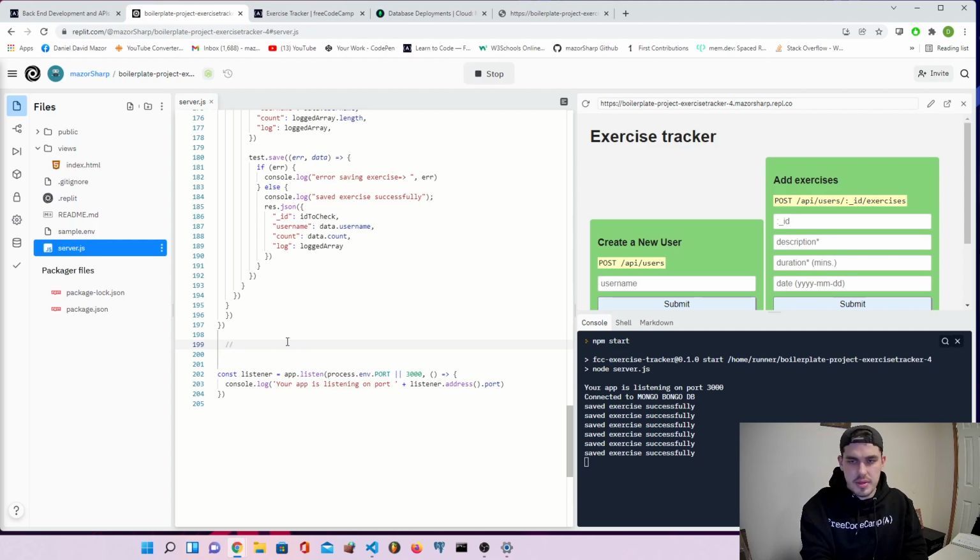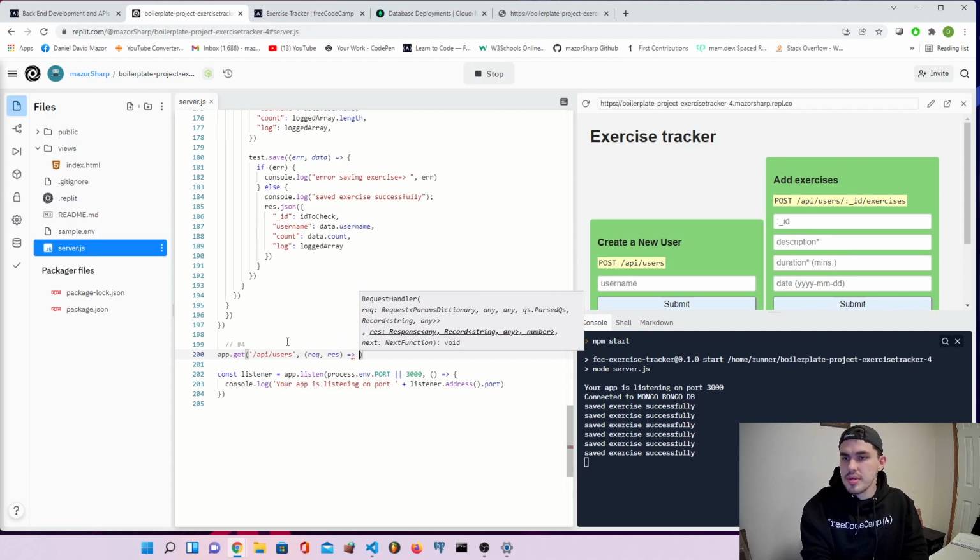Do that. App get. So if we make a call to this route, API users, we want to be able to get all the log info. So the way we do that, we'll require